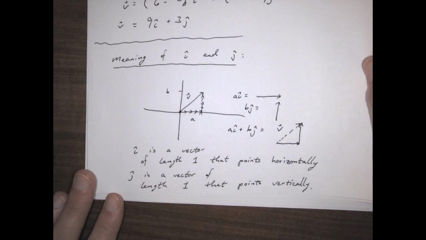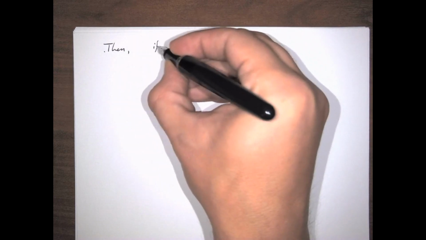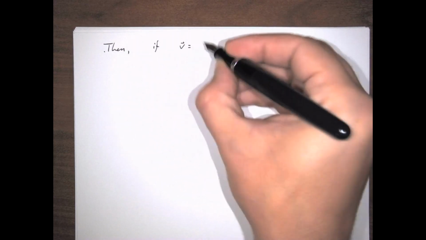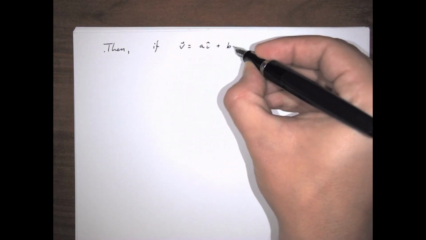And then what that means is that the component that is attached to the i will represent the x coordinate of the final point, and the component that is represented by the j will represent the y coordinate. So then if v equals ai plus bj,